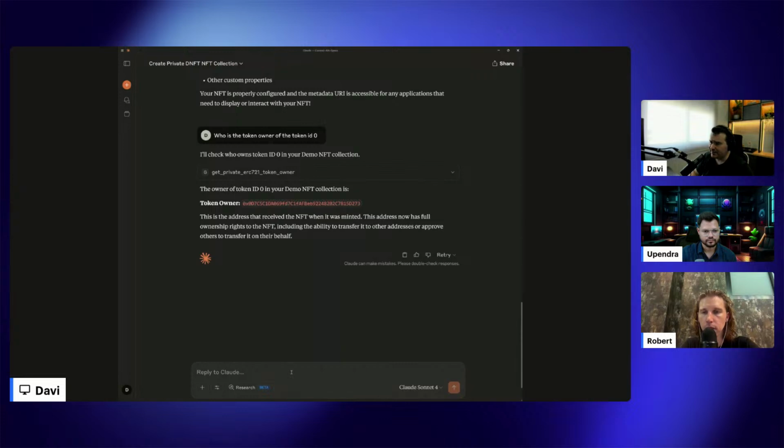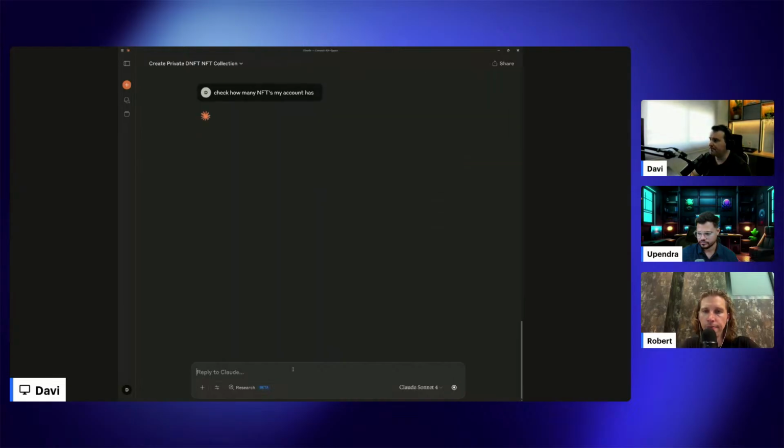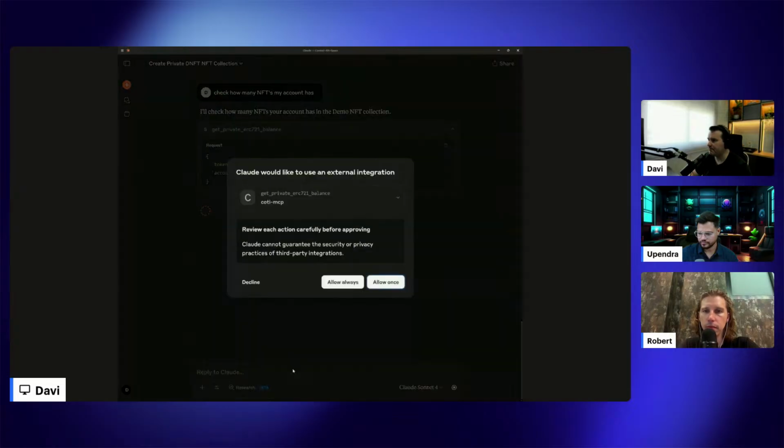I can also ask for the balance. So I can ask, for example, to check how many NFTs my account has. Well, here it's the first time I'm calling this tool using Claude. It prompts me to allow always or allow once.